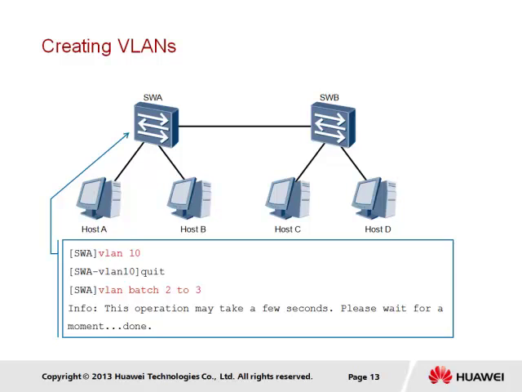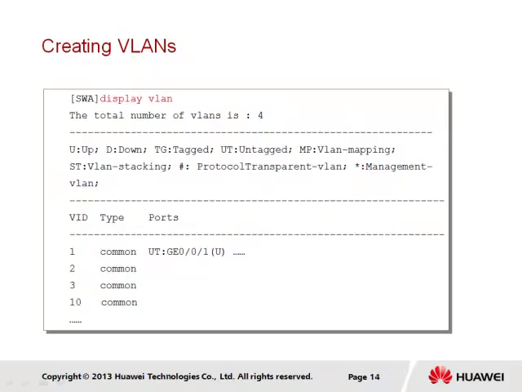Alternatively, if we wish to create multiple VLANs, we are able to apply the vlan batch command. In this example, the batch command is used to create a range of VLANs from VLAN 2 to VLAN 3. If required, however, it is also possible to use the batch to create discontiguous VLANs, using the same vlan batch command followed by each VLAN to be created, separated by a space. Once the required VLAN has been created, the creation of the VLAN can be verified through the display vlan command